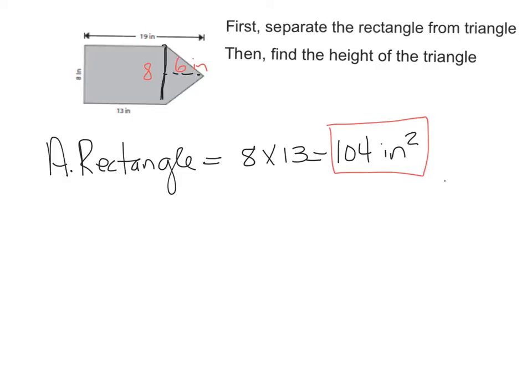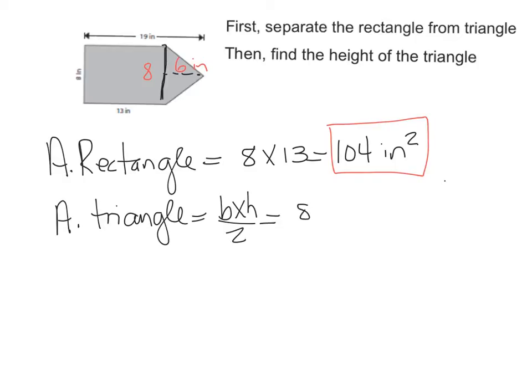And now I'm going to find the area of the triangle. You know that the area of a triangle is base times height into 2. So let's substitute. The base is 8 times the height, 6. That is into 2. 48 into 2, it's 24